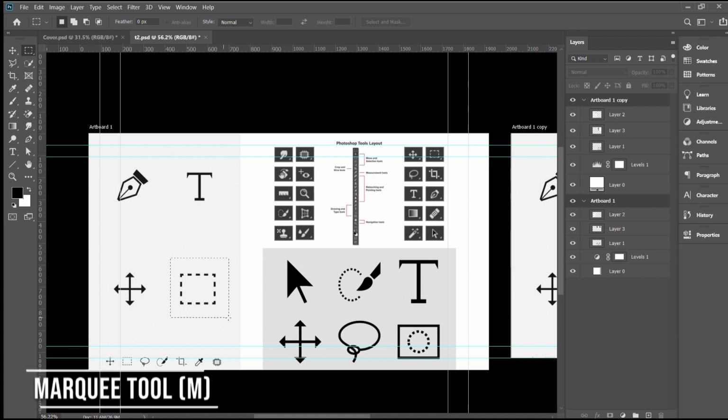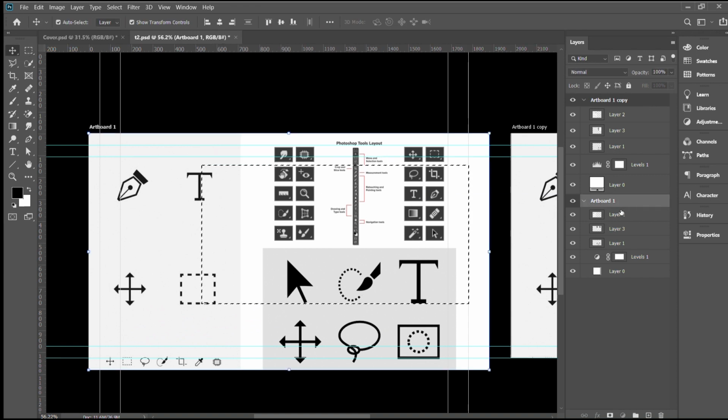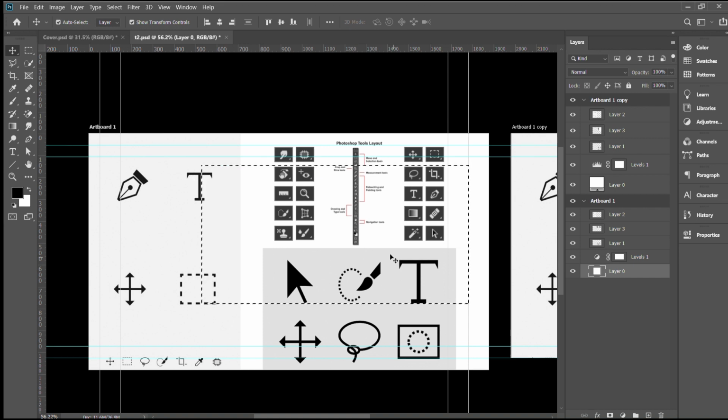So the next tool, Marquee tool. It's the most basic of selection tools and often the one most useful. This tool is used to draw selections based on geometric shapes. Select the layer you want to make a selection in. Using the Move tool, you can move the selected part of that layer. All the tools that you work with will show their effect in the selected area only. To deselect, press Ctrl D from your keyboard.